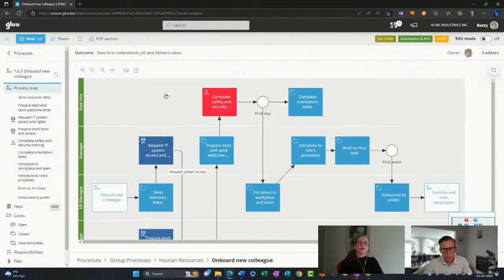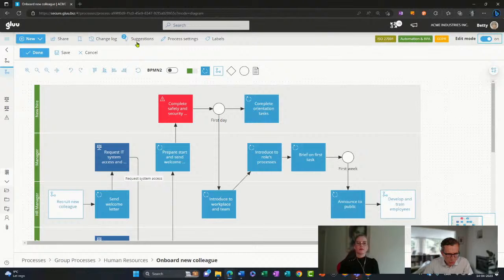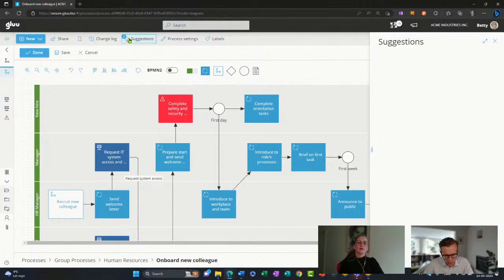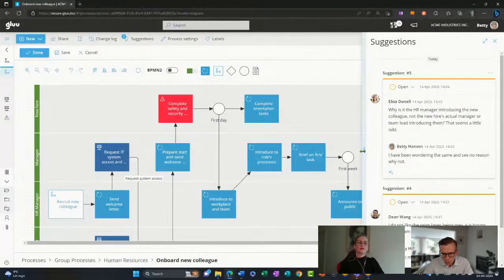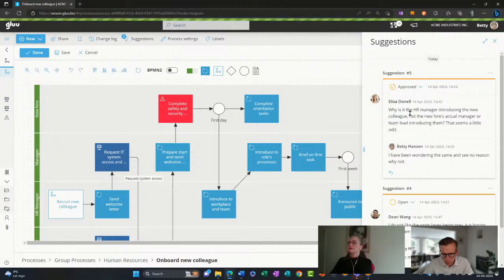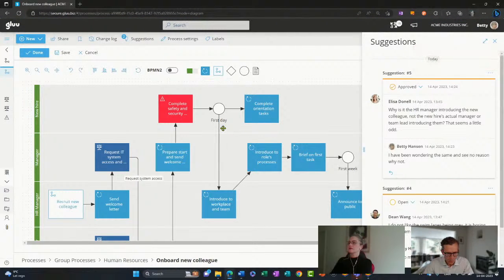So now we can assume that some time passes, but now somebody needs to update the process. So maybe we made a collection of small suggestions, and next time we go into edit mode for the process, we will see up here that suggestions are visible. And when we click it, we can see the different options that are here. In this case, we have the one from Elise that was approved, and we also have the